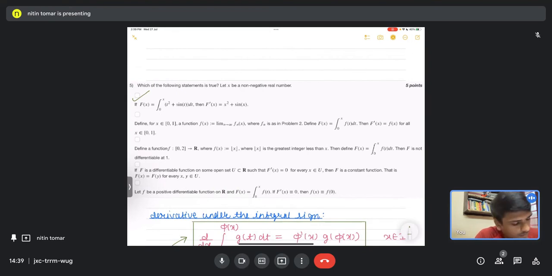Now for the second, we know that the sequence of functions was x power n, and its limit was 0 when x is less than 1, and when x is equal to 1 it is 1. Now define f of x. So here we have been given this f of x equal to this. So if you compute this value,